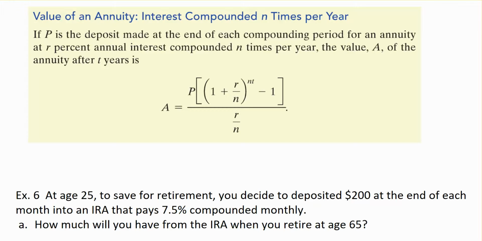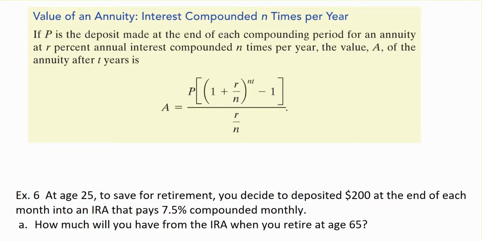All right, this last example we're going to look at is a real world example of a geometric series, or a geometric sequence, and it has to do with an annuity. In case you don't know what an annuity is, it is a sequence of equal payments that are made at equal time periods. And if you're thinking about retirement, an IRA, which you may have heard about or you may hear about in the future, is an individual retirement account that you can add to yearly, monthly, however you want, up until the time that you decide to draw it out when you retire,